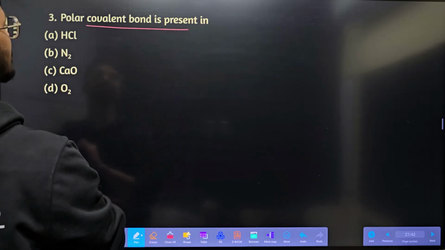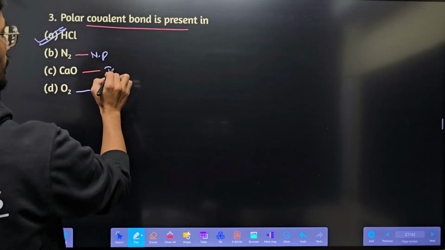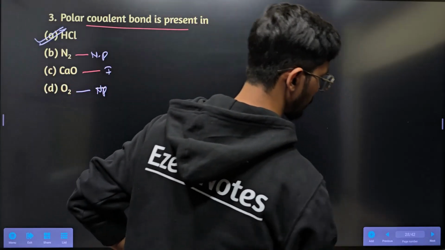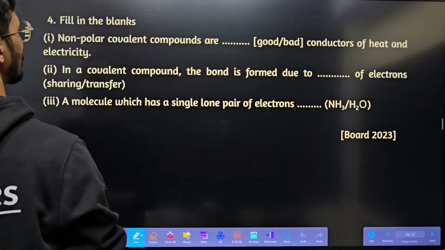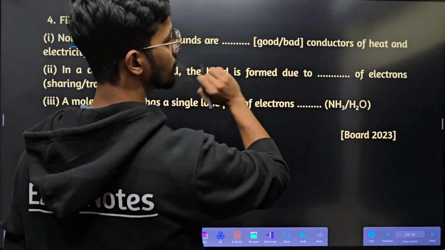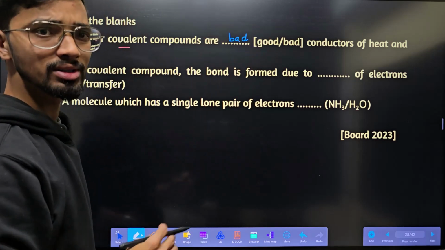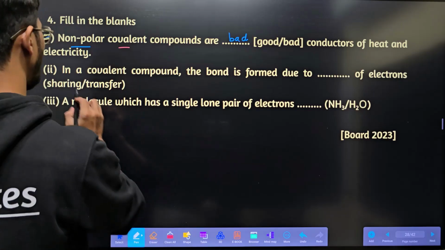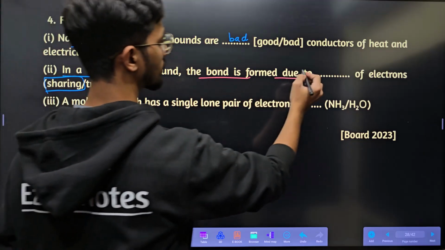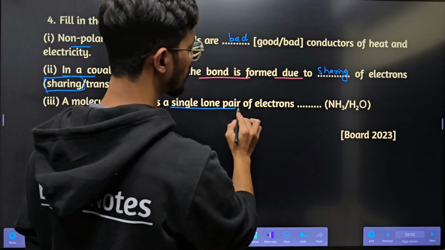Polar covalent bond is present in HCl. Here non-polar, here ionic, and non-polar. Next, fill in the blanks. Non-polar covalent compounds are bad conductors of heat and electricity. Why? Because they do not even dissociate into ions. In a covalent compound, the bond is formed due to sharing of electrons. A molecule which has a single lone pair of electrons is